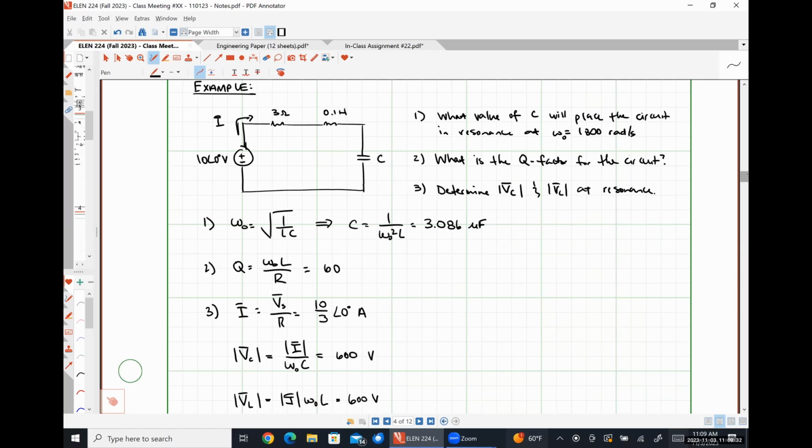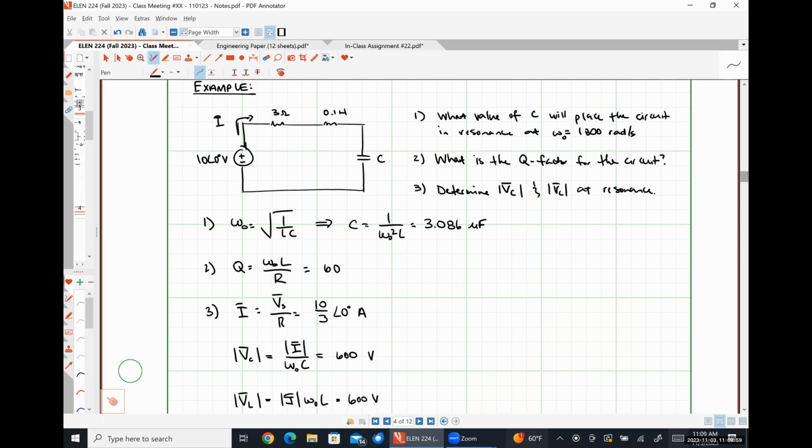Well, it's also 10 volts. This is the opposite polarity of the source. Then we have a 600 volt drop in magnitude here and a 600 volt drop in magnitude there. Is Kirchhoff's voltage law satisfied in the system? That's a trick question. It has to be. It's the law of conservation of energy. The reason why it's appearing like it isn't satisfied is because we only looked at the magnitude.